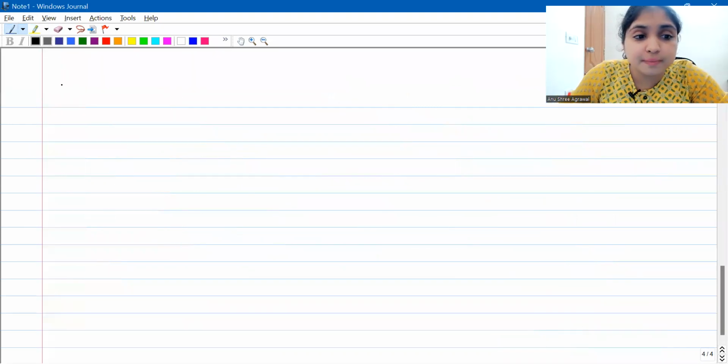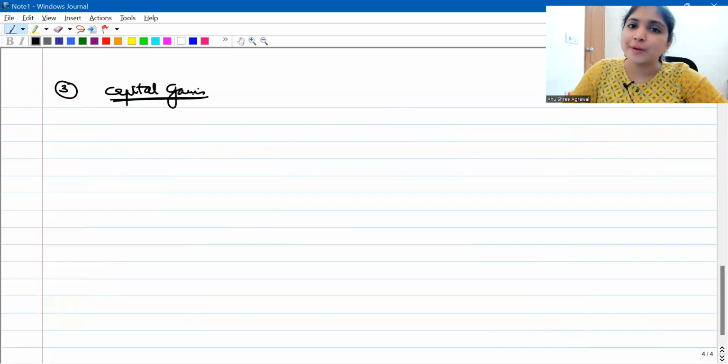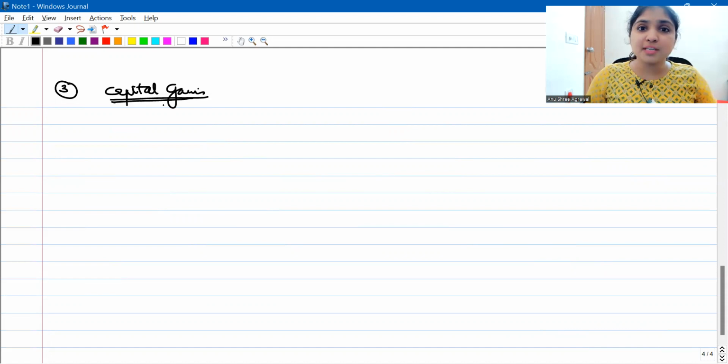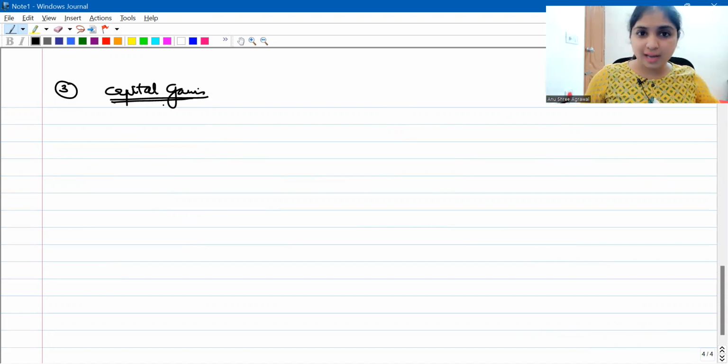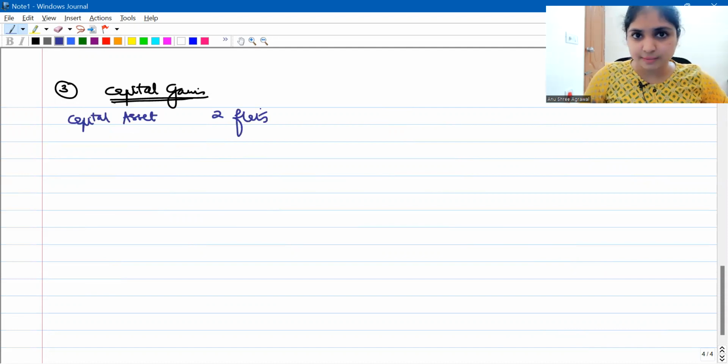You'll understand this as we work out. Let us go to the third subdivision now. We are calculating capital gains. Whenever you come to a capital gains question, do not spend too much time thinking before solving the answer, because then you will keep on thinking and the hand won't even move. Read the question and then get to work. What is the very first thing you check under capital gains calculation? What is the capital asset? What is Mr. Sakshar transferring? He is transferring 2 flats.